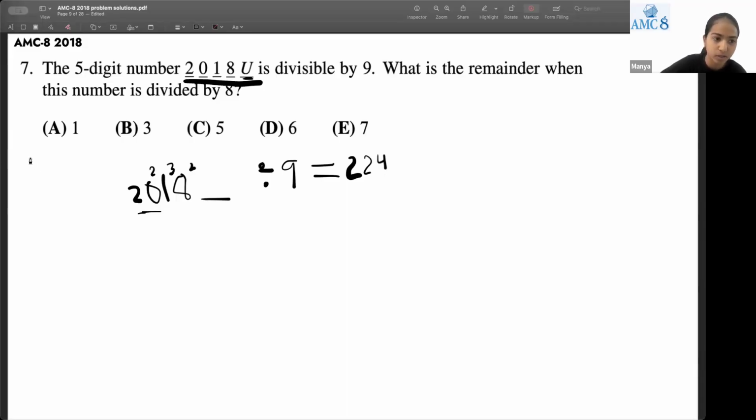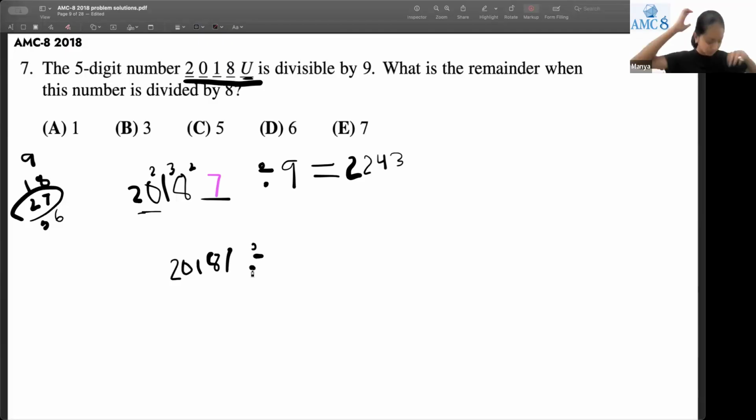Well, the multiples of 9 are 9, 18, 27, 36, and so on and so forth. So then 27 is the only 2-digit number that is a multiple of 9, so that means that this number has to be equal to 27. So I'll be changing the color just for this digit, so it's going to be equal to 7. So we know that U can be equal to 7, and then our final answer will be equal to 2243. 27 divided by 9 is equal to 3. And so we have our number 20187